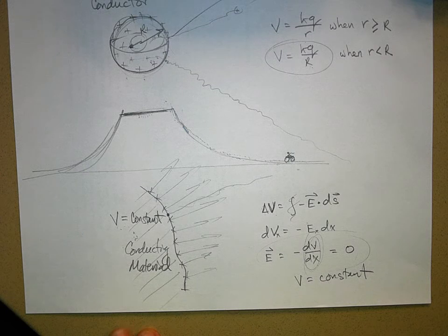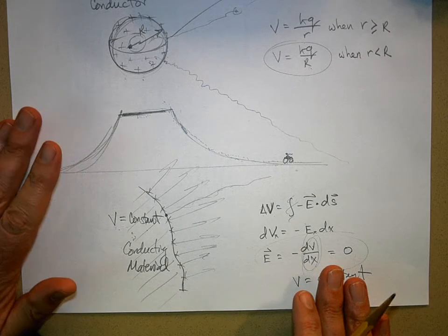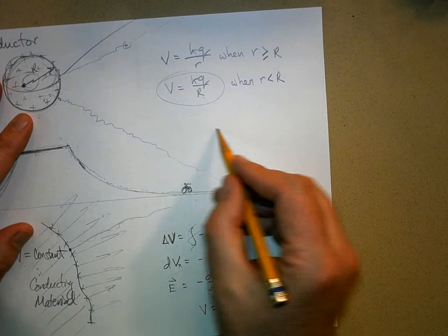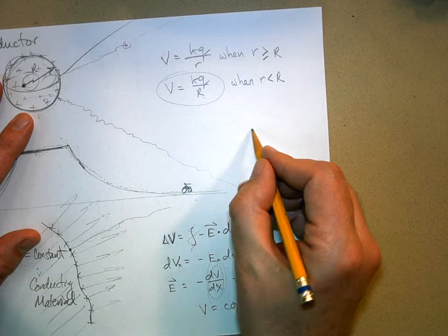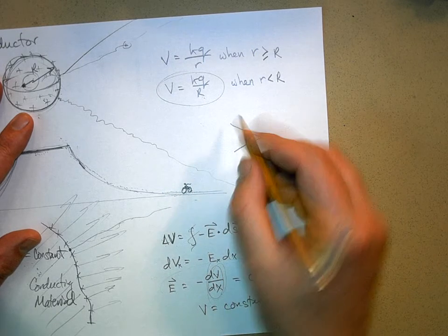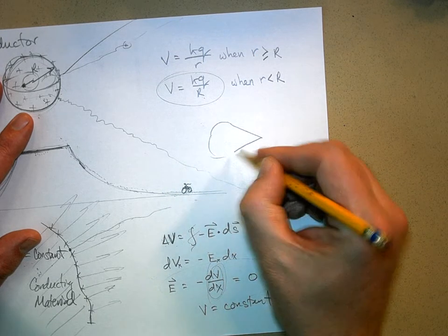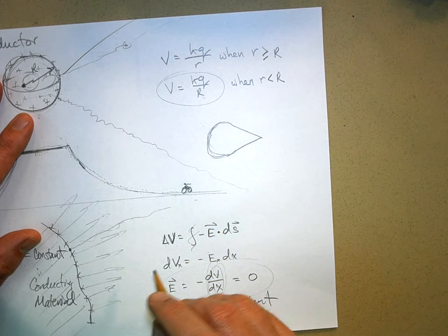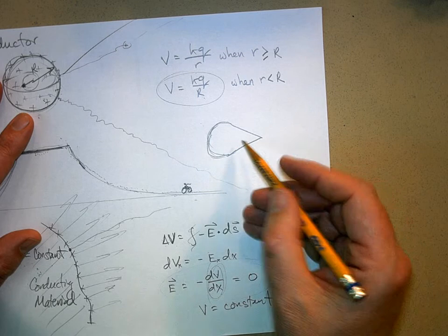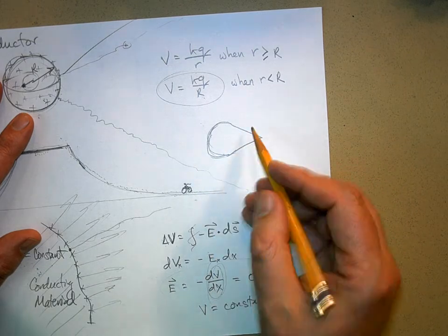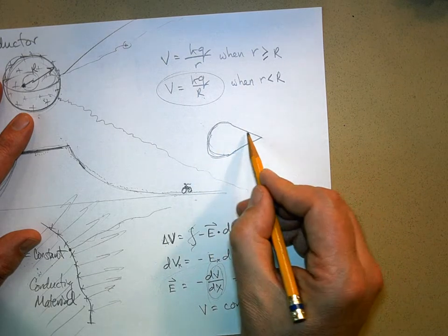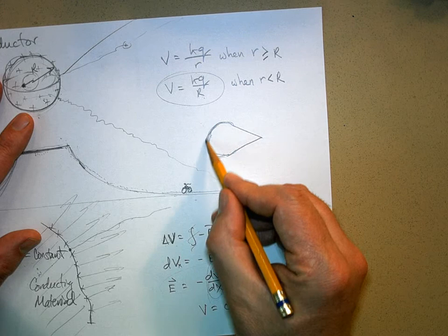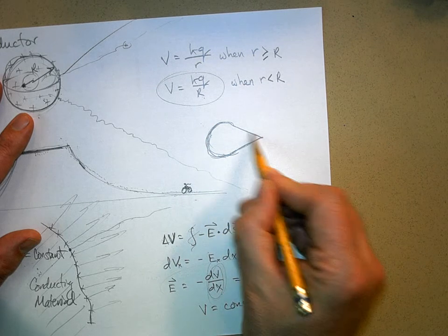There are some other things. This is really not on the test, though, but if you have a teardrop shape or something with a point on it, let's say you have a round shape like this, I don't know, an ice cream cone on its side, or somebody with a party hat over an ear. The charge is this. If you have an electrostatic condition on a metal, let's say this is a conductor,